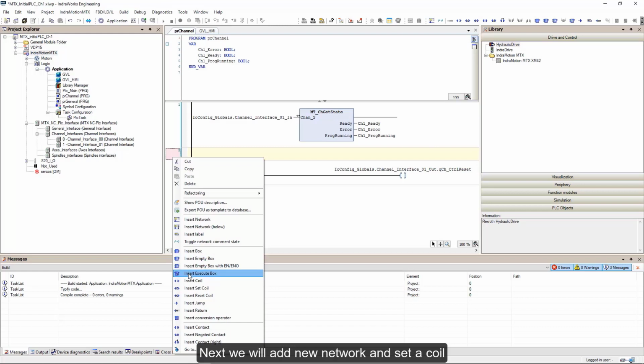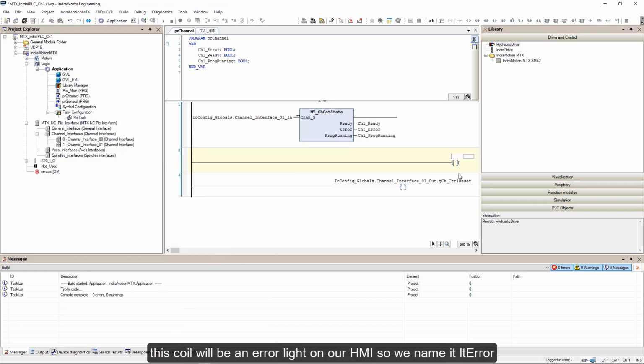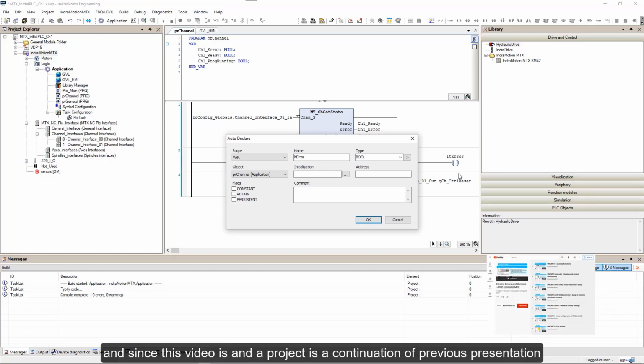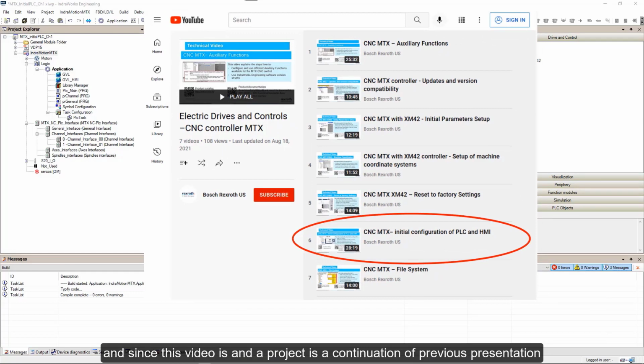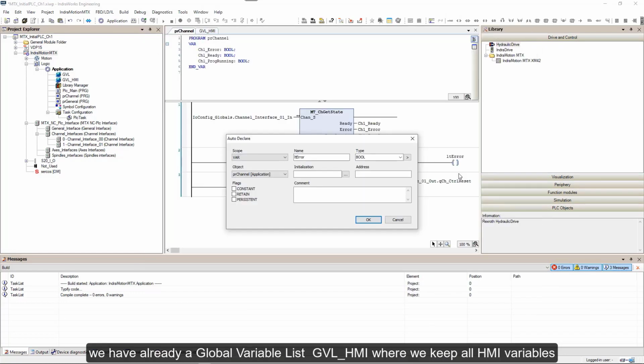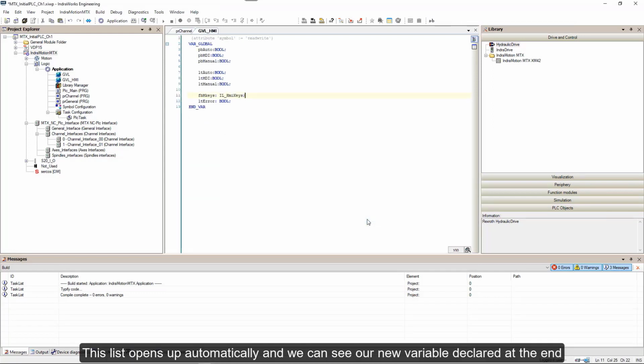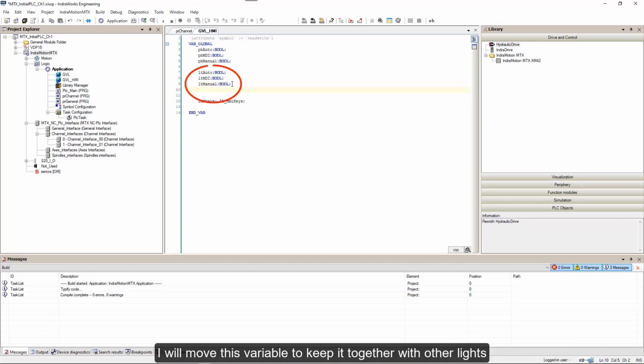Next, we'll add a new network and set a coil. This coil will be an error light on our HMI, so we name it LT error. Auto-declare window shows up. And since this video and the project is a continuation of previous presentation, we have already a global variable list, GVL HMI, where we keep all HMI variables. So for auto-declare, we select scope variable global, and object GVL HMI. This list opens up automatically, and we can see our new variable declared at the end. I'll move this variable to keep it together with other lights